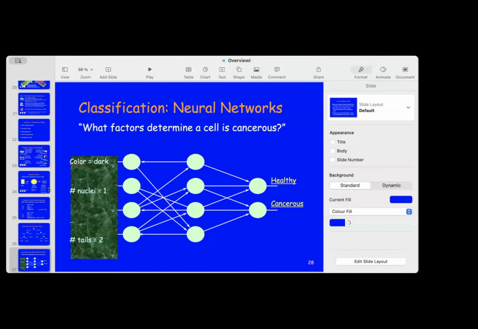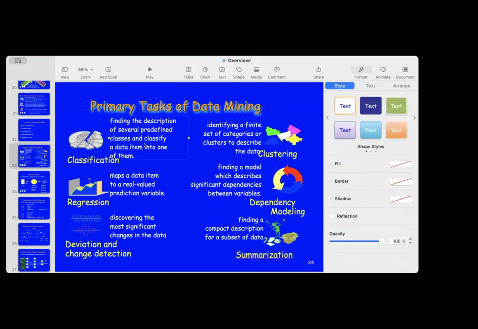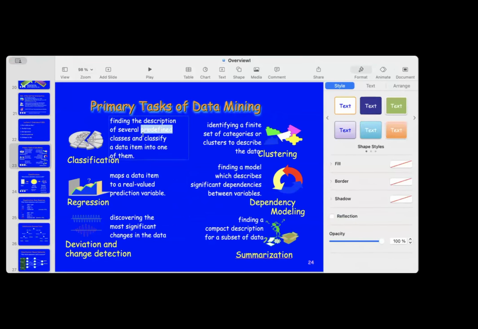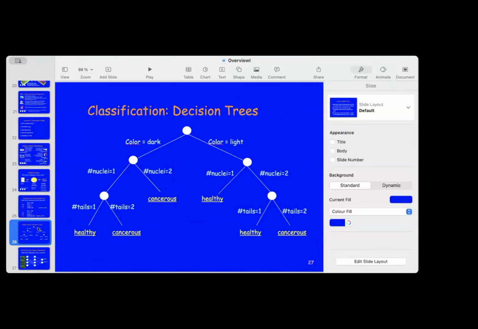Back to our overview of machine learning methods. The decision tree falls within the classification category, which means finding a description of several predefined classes and classifying the data sample, item, record, or object into a particular class. That's what classification is, and we have seen an example before of this decision tree right here,